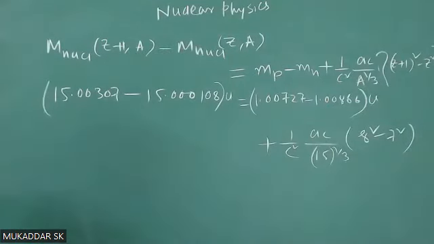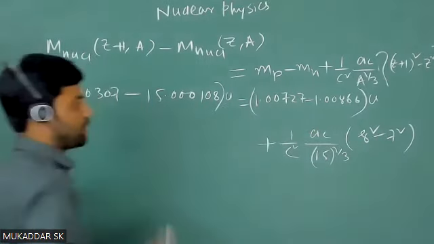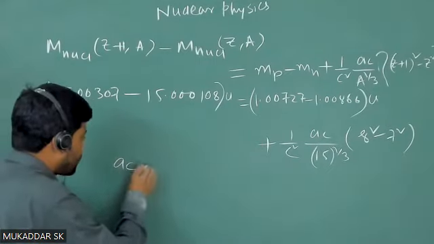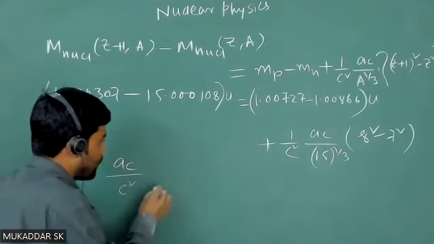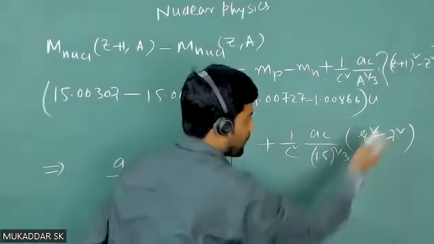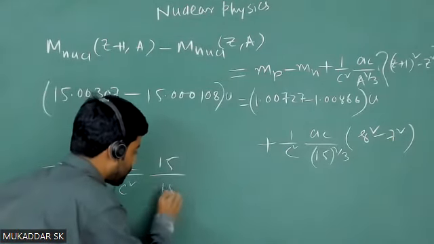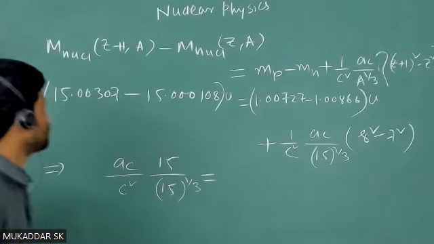Now solving it, I will bring this atomic mass to this side and I will get a_c by c square, and this will be 8 square minus 7 square, that is nothing but 15 by 15 to the power 1 by 3, and that will be equal to